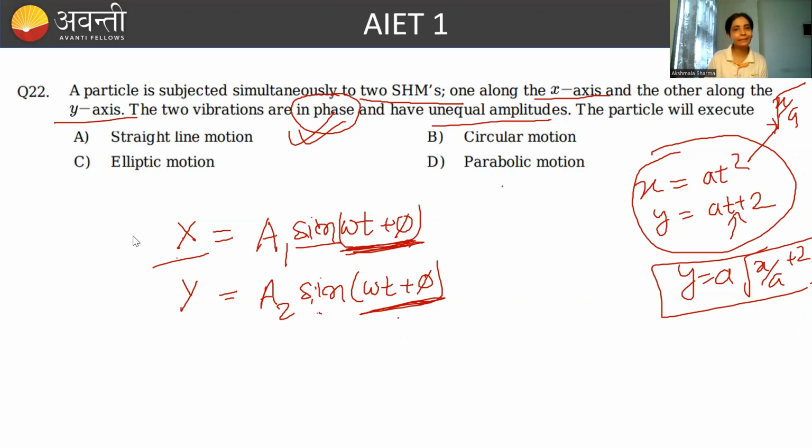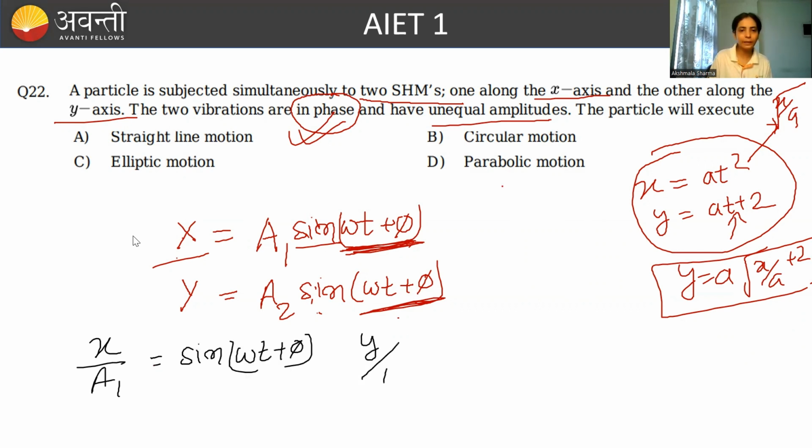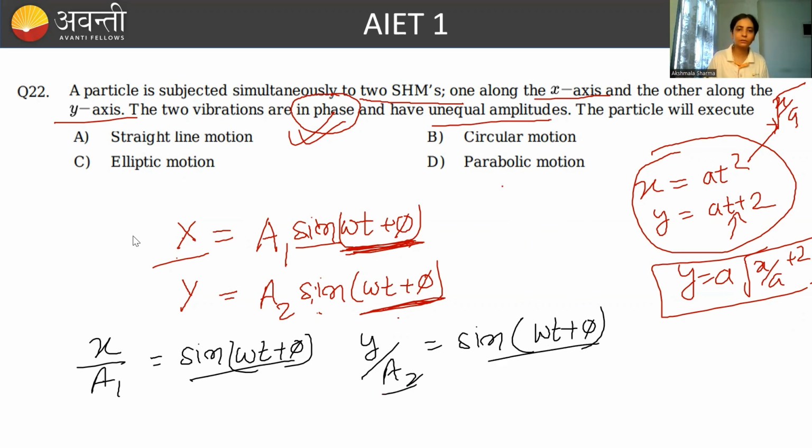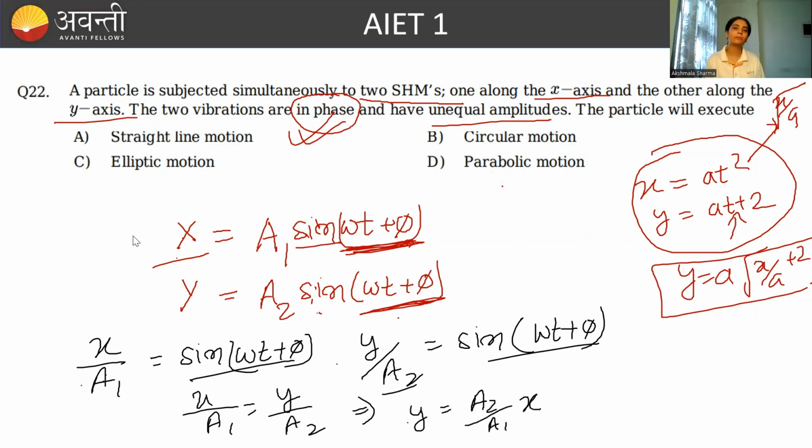So यहाँ पे भी equation जो है time के function में दिया हुआ है, but this is easier. Why? क्योंकि सिंपल है, टाइम तक हमें जाना ही नहीं. x by a1 is equal to how much? Sin(omega t plus phi), and also y by a2 is equal to how much? Sin(omega t plus phi). ठीक है, so this is equal to this, this is equal to this, so both these two have to be equal. So x by a1 is equal to y by a2. So यहाँ पे क्या दिख रहा है मुझे? y equal to a2 by a1 x, y equal to mx. So this is nothing but straight line motion, है ना? तो आंसर होगा a. ठीक है,